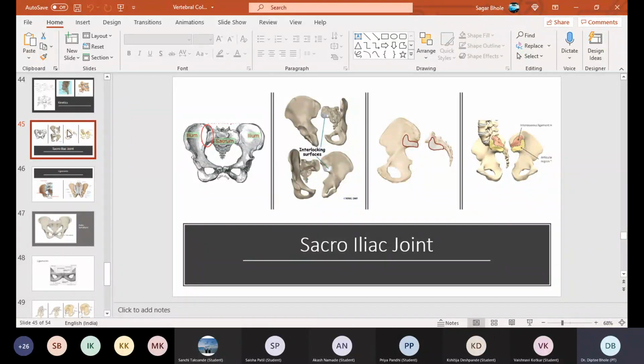So, in order to allow this function, there are going to be certain structural changes. One structural change that is very obviously seen is that this is a vertical joint. So far, what you were seeing were horizontal joints. When we talked about the interbody joints, they were stacked, right? The vertebrae were stacked one upon the other. So most of the articulation was horizontal when it came to the interbody joints.